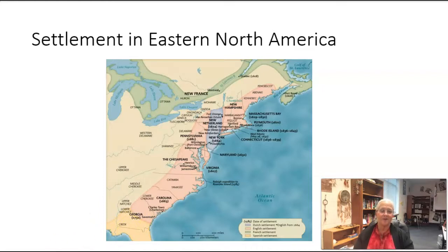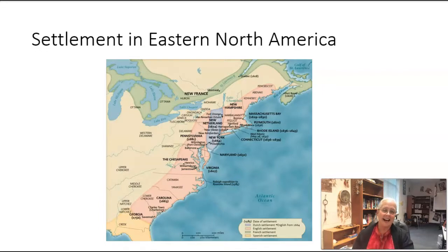Now, there's one bit of trivia that I also want to make sure I leave you guys with before we go on to a different part, and that is the Dutch settlers that stay in New York after it is taken over by the British. These are going to be called the Knickerbocker families. And so these are the original Dutch settlers. If you could trace your heritage back to these original Dutch settlers, you were known as the Knickerbockers in New York City. And that is why today we have a basketball team called the New York Knicks.